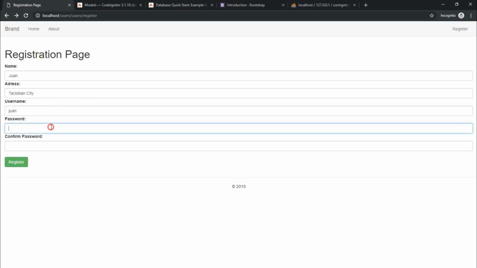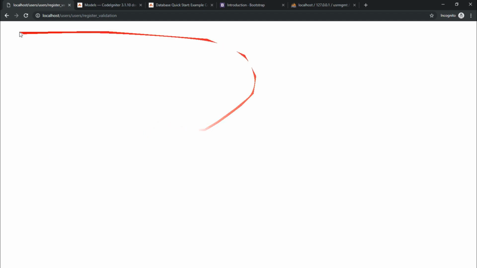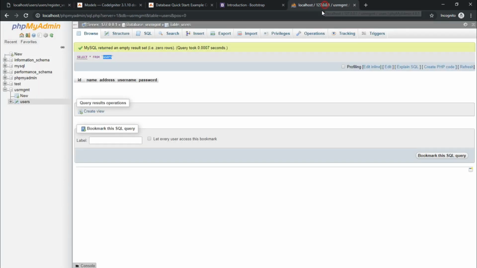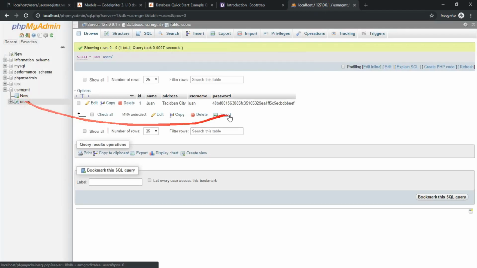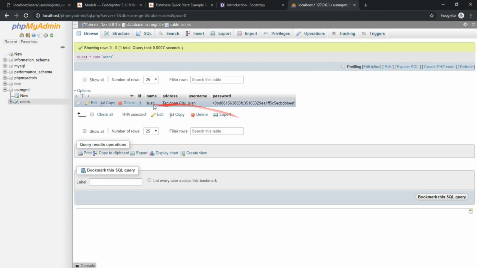Let's go back. 1 2 3, 1 2 3 and register. As you can see, there is no error. It is a blank page right now, and we are in the register validation page. To check if we have successfully inserted the data, we need to go to phpMyAdmin, then click the users table